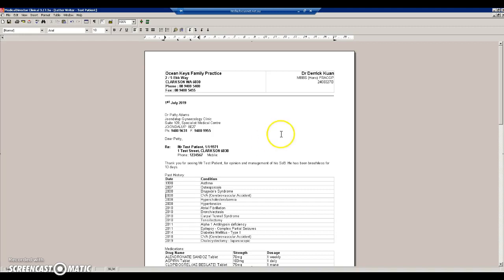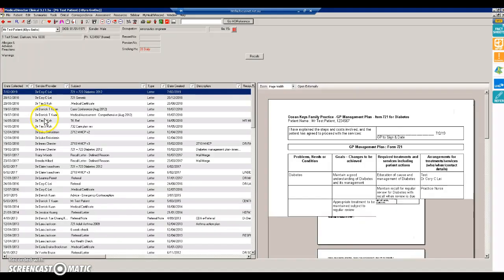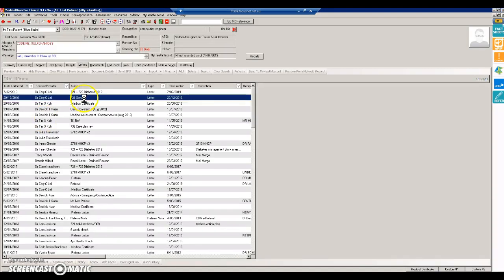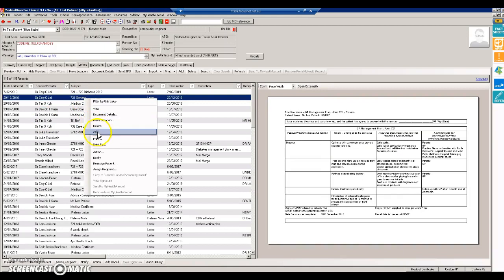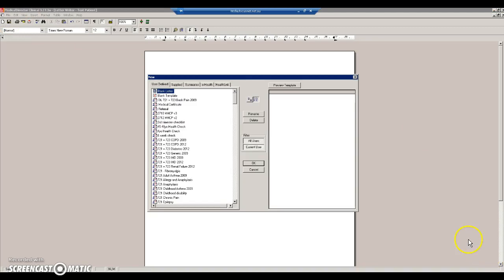There are a couple of other referrals to be aware of. I mean, you might or might not be aware of a thing called a central referral service, which is the referral service that goes to all the public hospitals. That's Sir Charles Gairdner or Royal Perth or Fremantle or Fiona Stanley or Osborne Park. It doesn't include Joondalup. So if you go and open up a new document and then go to the referrals,